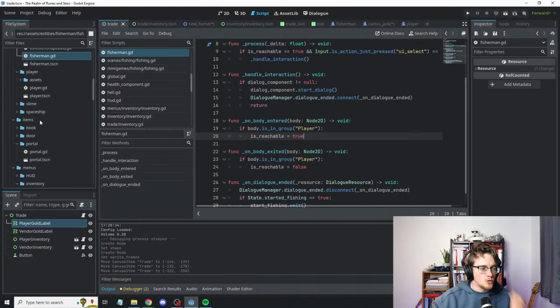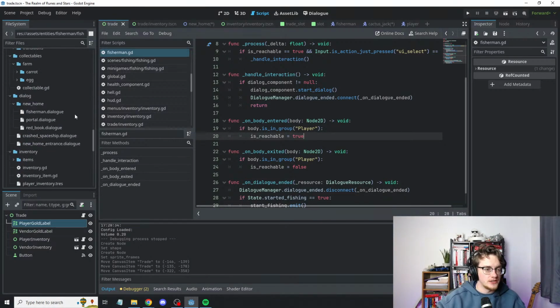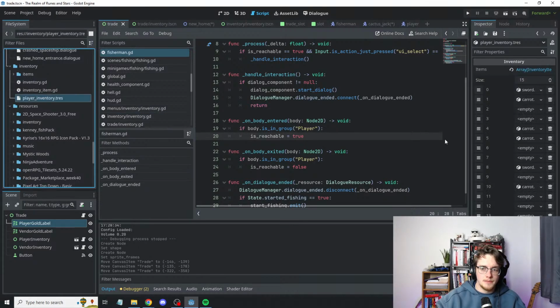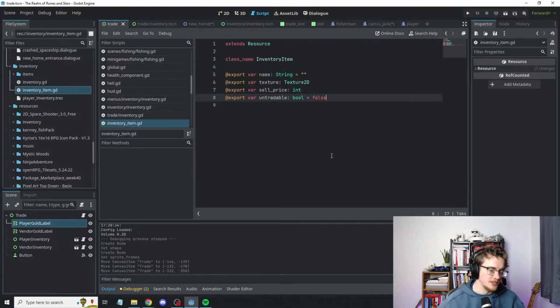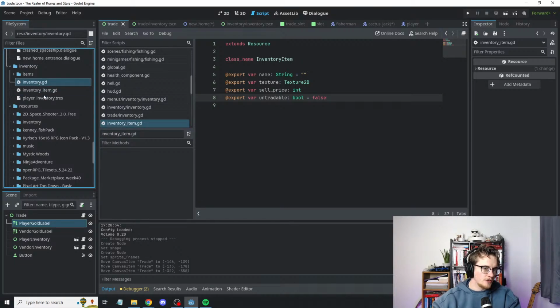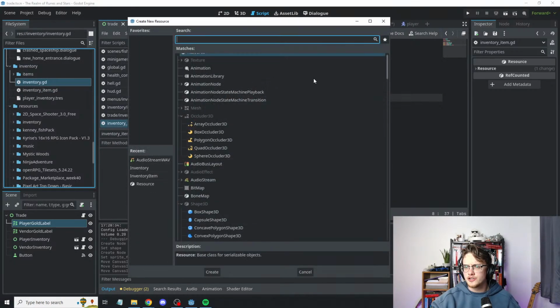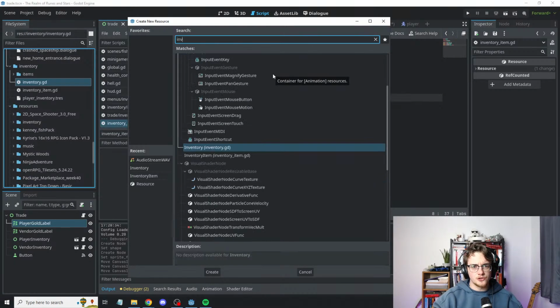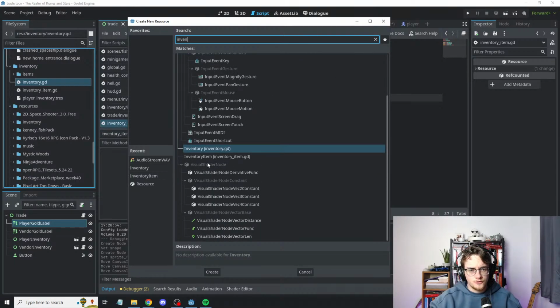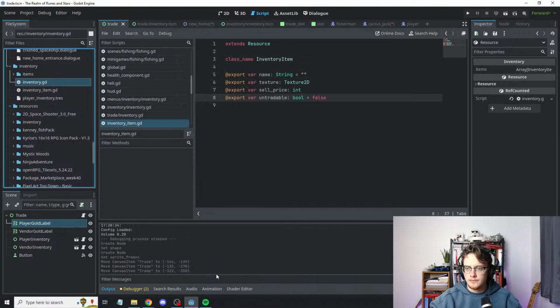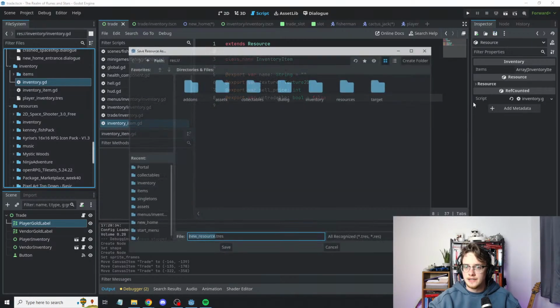But I think what I'm working on right now, and this might be interesting to you, is I followed a tutorial for the data side, like creating inventories out of resources, stuff like that. And so right now this is quite straightforward to me in terms of I've got a player inventory, and then I think I could just create a resource here for a vendor inventory, I believe. So if I do save,